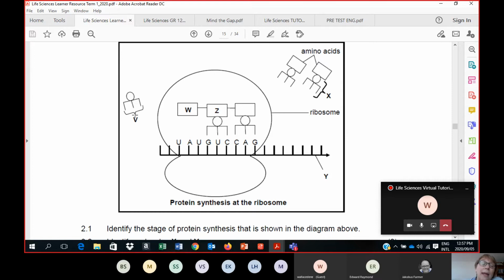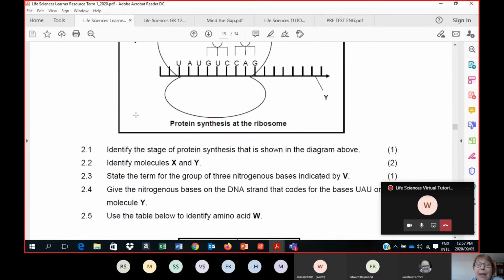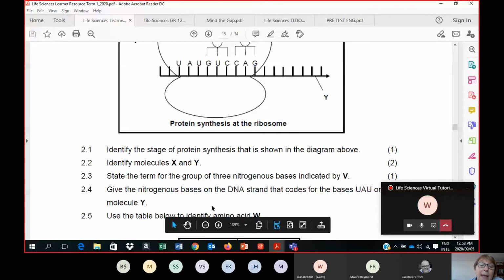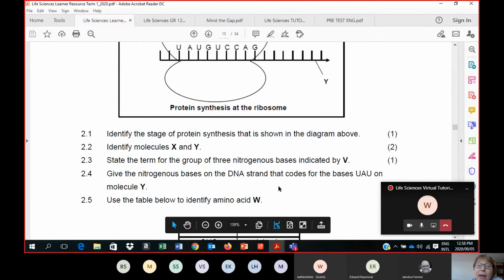And then on the transfer RNA, those same base triplets are called anticodons. So the answer for V is an anticodon, right? This is also nicely explained in Mind the Gap. Then it says, give the nitrogenous bases on the DNA strand that code for the bases UAU